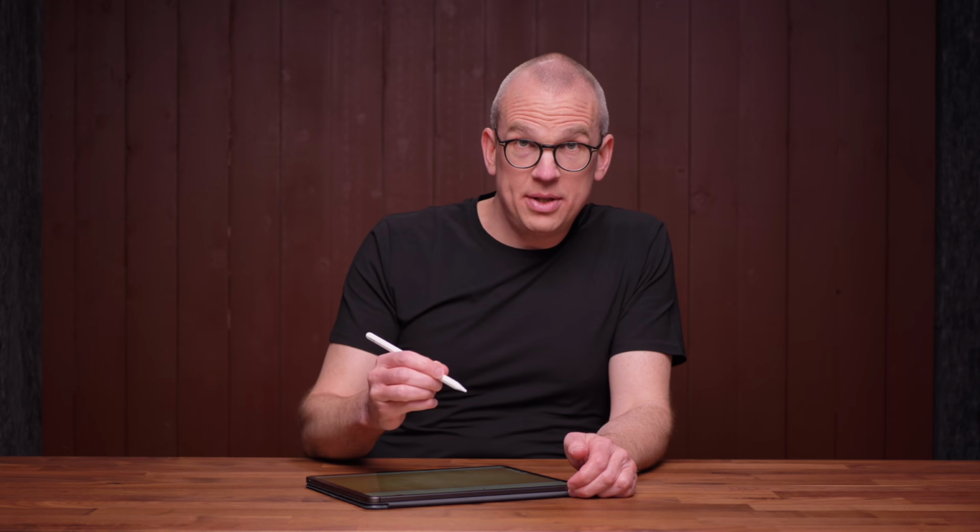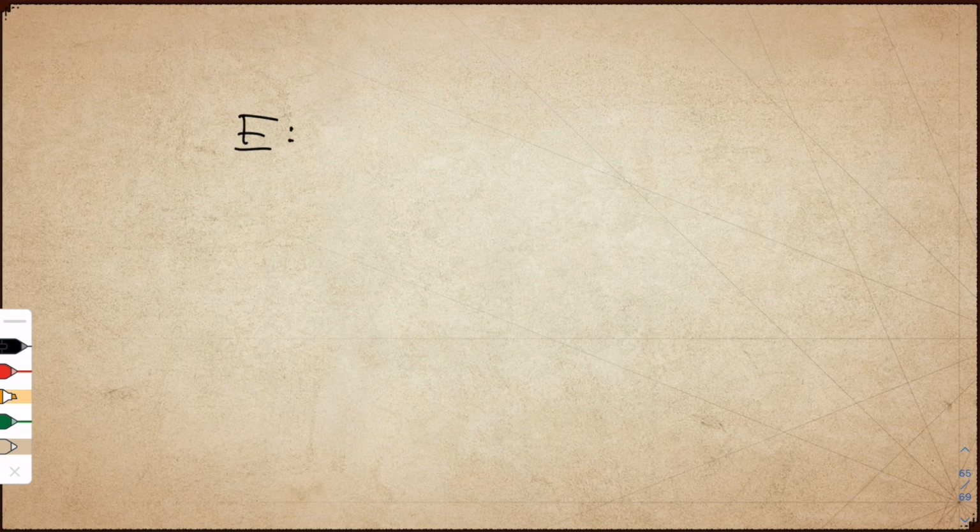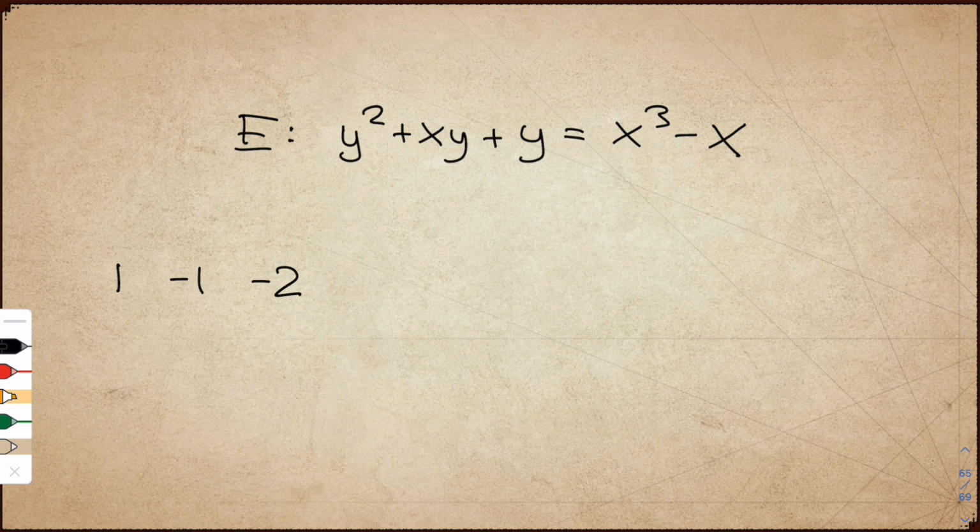We need one more example. Recall the sequence coming from the equation E. The equation was y squared plus xy plus y equals x cubed minus x. The L function was 1, minus 1, minus 2, 1, 0, 2, 1, minus 1, 1, 0, 0, 2, minus 4, and so on. The machine that takes an equation and gives you a sequence was described in the previous example using this counting of Gaussian integers.